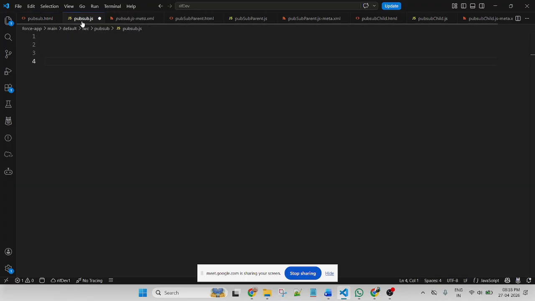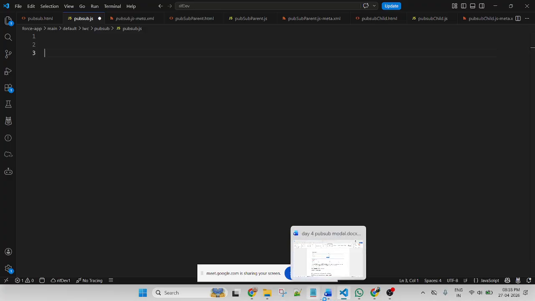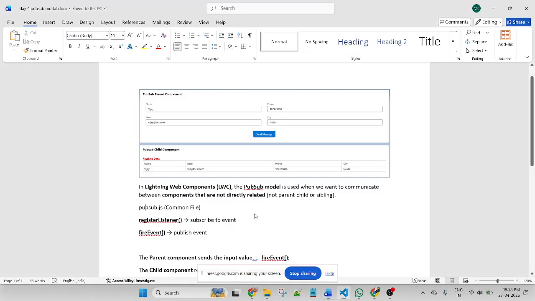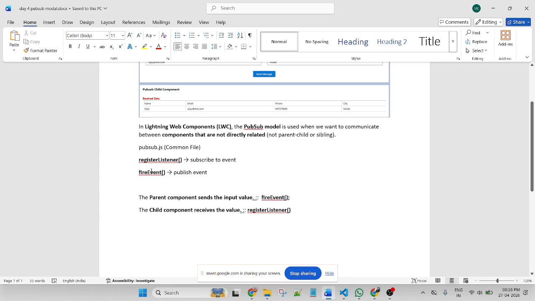So in the PubSub model, this is the PubSub HTML, which is common for all components. In the PubSub JavaScript, first we need to create two types of methods, like this one, register listener and fire event. This one.